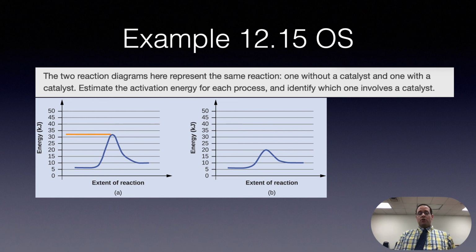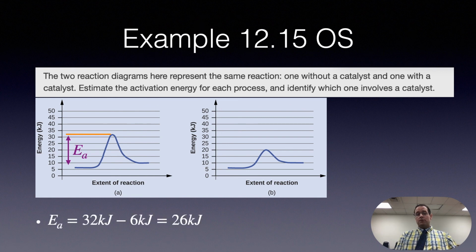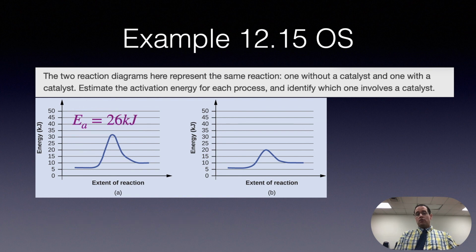First of all, remember that the activation energy is defined by the top peak in the energy landscape, and we take the difference from the starting materials, okay? So that's defined as the activation energy. And we can read this off the graph, and we can see that it's about 26 kilojoules when you do the math, okay? So the reaction on the left has an activation energy of 26 kilojoules,